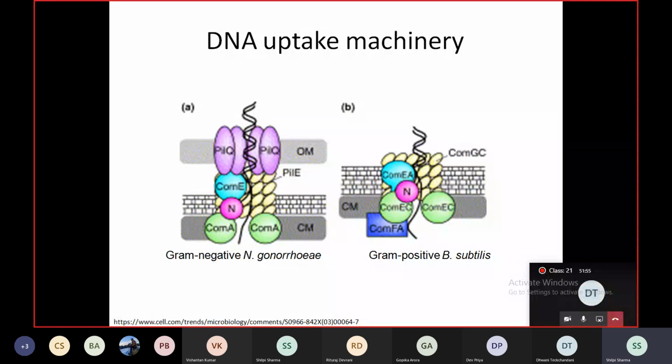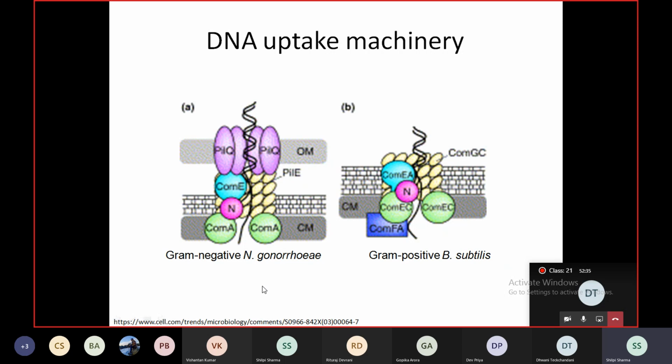Not all bacteria, like I said, have the ability to take up exogenous DNA from the environment. They can either be naturally competent, or even in the lab we can make cells competent, and this is called artificially competent cells. Competence might occur in response to various environmental conditions like starvation, or even cell density might affect competence. The naturally competent bacteria have a dedicated protein machinery to transfer DNA across the cell membrane.